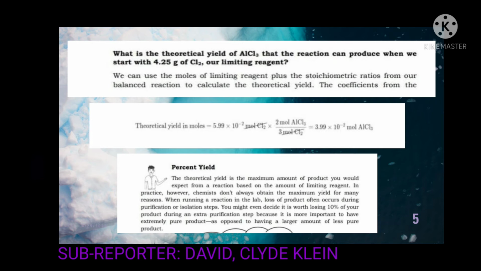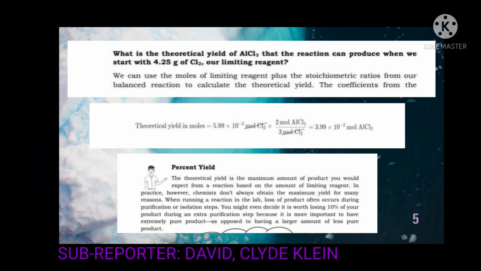The coefficients from the theoretical yield in moles equal 5.99 times 10 to the minus 2 mole chlorine gas times 2 moles aluminum chloride (AlCl3) over 3 moles chlorine gas, which equals 3.99 times 10 to the minus 2 mole aluminum chloride. The balanced reaction tells us that for every 3 moles of chlorine we should make 2 moles of aluminum chloride. Therefore, the theoretical yield in moles is 3.99 times 10 to the minus 2. The theoretical yield is usually expected to have units of